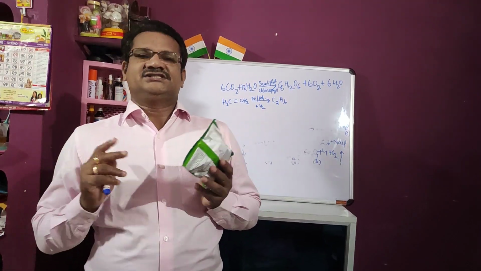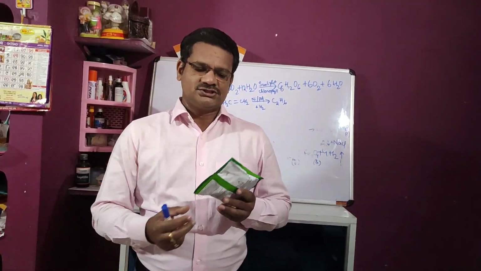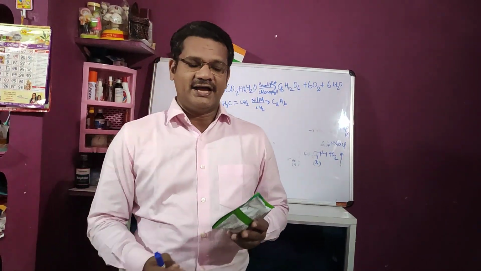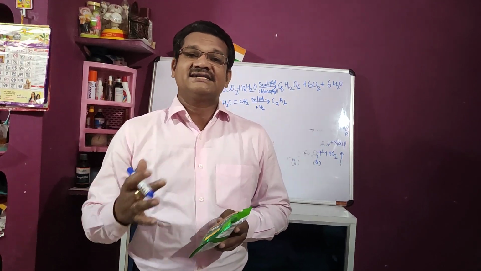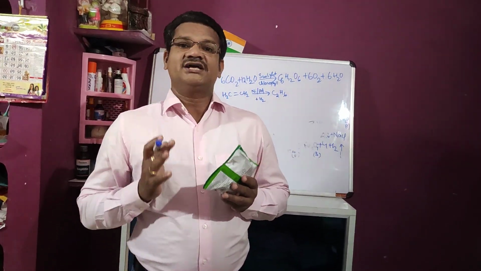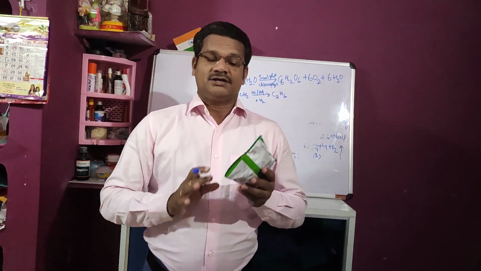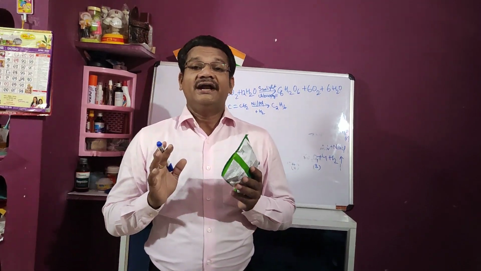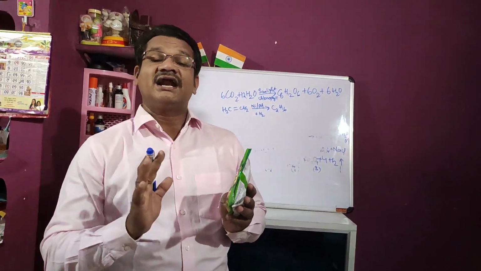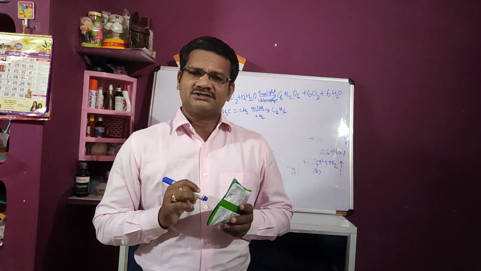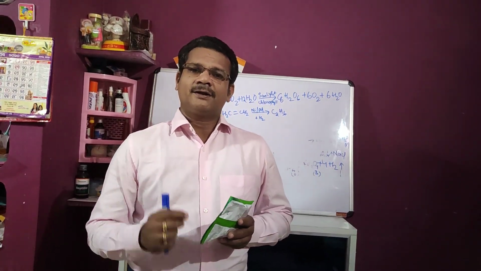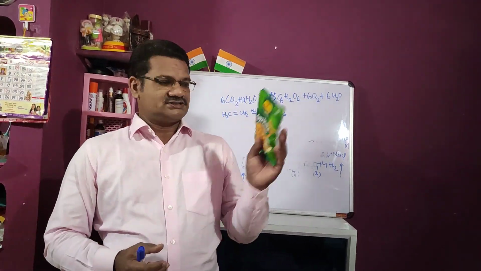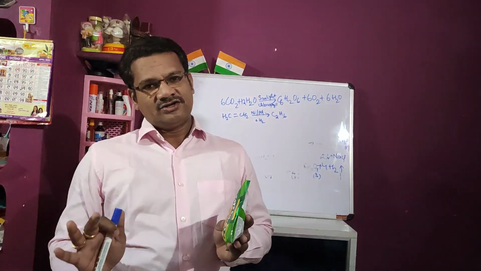So rancidity, are you clear? It is the phenomenon of aerial oxidation of fat and oil containing food which gives it a bad smell or taste. In order to prevent rancidity, this foodstuff must not come in contact with oxygen. That is why it has been packed with nitrogen gas. And those substances which prevent substances from getting oxidized are called antioxidants. So what are antioxidants? Antioxidants are chemical substances which prevent foodstuffs from getting oxidized. As we saw, nitrogen is an antioxidant.